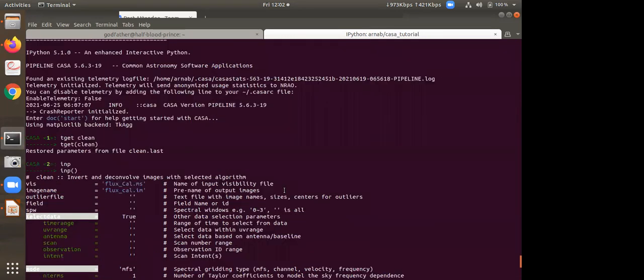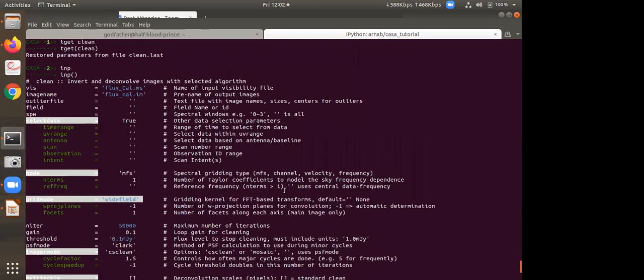Yeah. So last day, Bornali and Preetha showed you how to calibrate and how to apply that calibration solution to your data set, and then how to split the data set, right? So you have so far learned that after calibration you can take whatever you want, let's say your flux calibrator, and split it from your total data set, or you can just split your target and proceed to imaging.